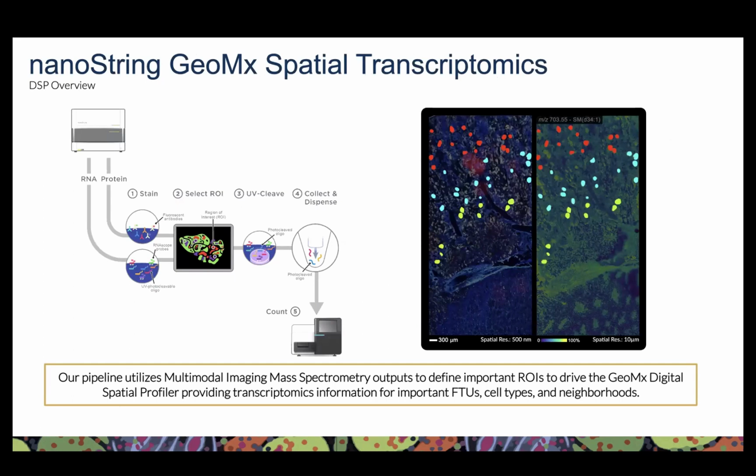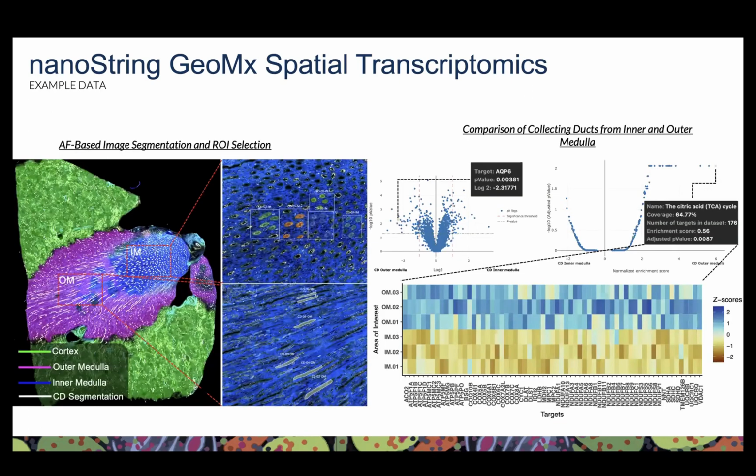within HuBMAP, our group and others are also using this molecular and spatial data from the microscopy and the imaging mass spectrometry to then go collect things like spatial transcriptomics data, where we can now get deep molecular profiles from specific regions of the tissue. And so one quick example of this is shown here. So this is, again, human tissue, where we've